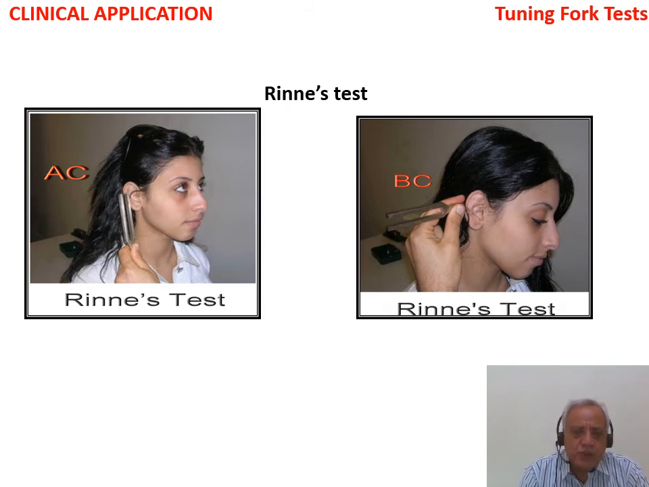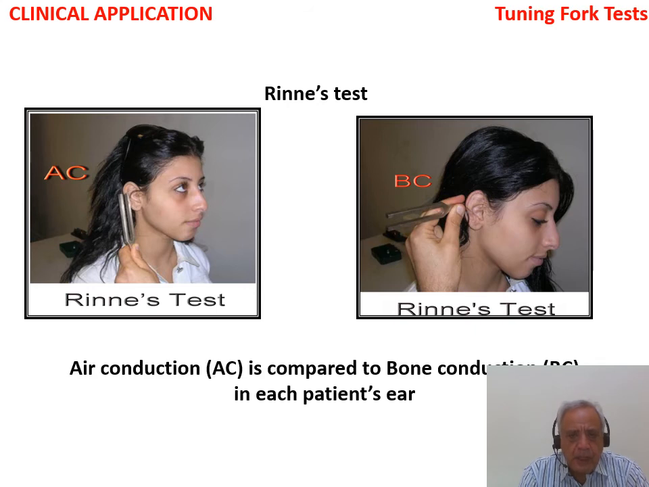at the mastoid, just behind the auricle, and by placing it over the mastoid, you are stimulating the cochlea directly without magnification. This we are going to call bone conduction. So we have air conduction and we have bone conduction. So the Rinne test is comparing air conduction with bone conduction in each ear separately. After finishing the right ear, you go for the left ear. So we have air conduction and bone conduction for the right ear to see which is better, and then again in the left